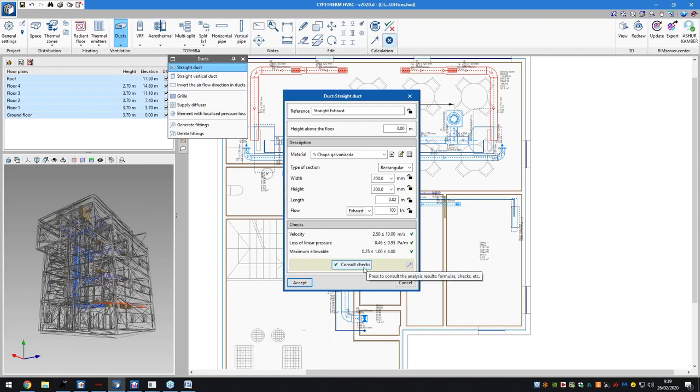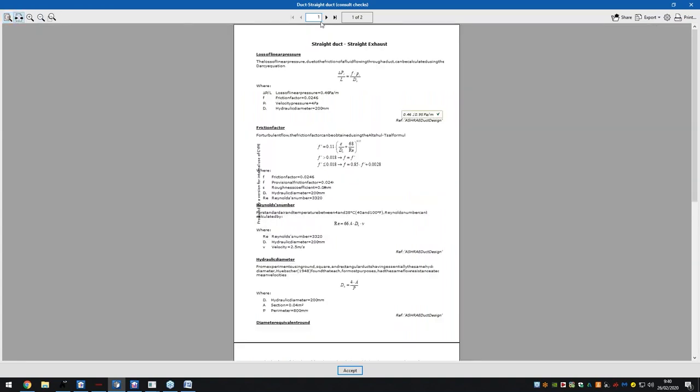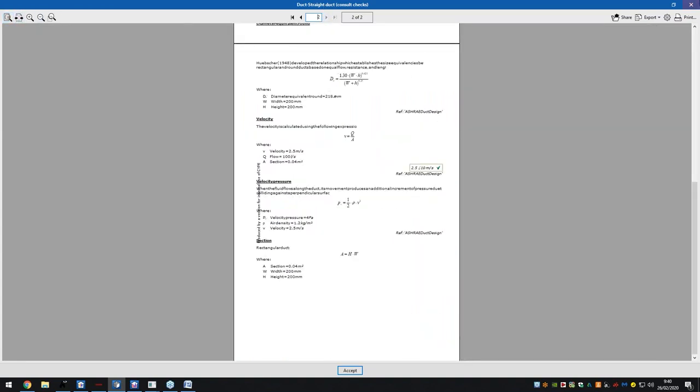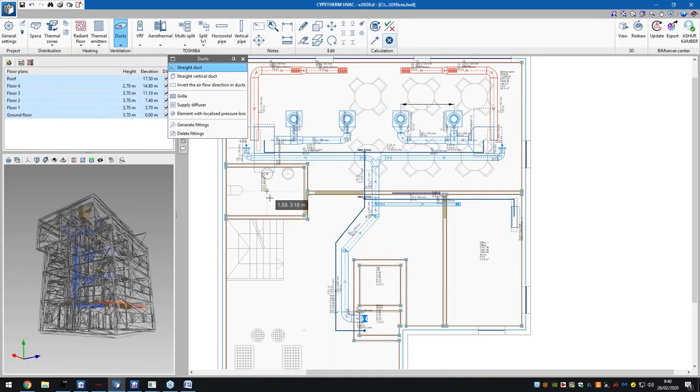I can also consult the checks for that particular straight duct. And you can see here, I get a report on that particular straight duct check. Now let's continue on. Let's create an exhaust vent from our bathrooms here. So we can come over here,